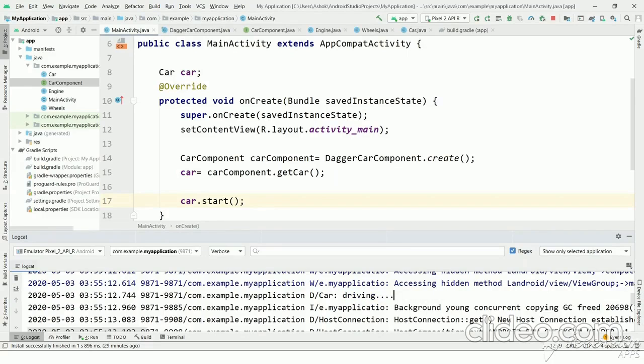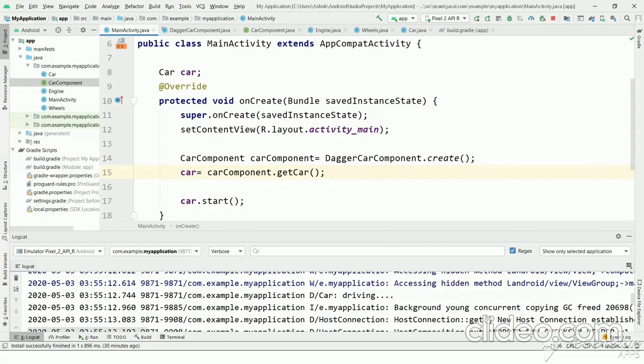So in this video we will see one more way of creating a car object. In this case we can see there is a car variable. Suppose there is more than one variable, we need to create a method for every variable. Like, instead of Car there is one more type of class, so for that we need to make one more method to get that object.